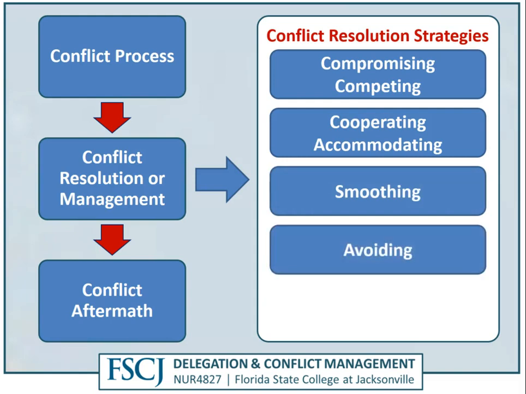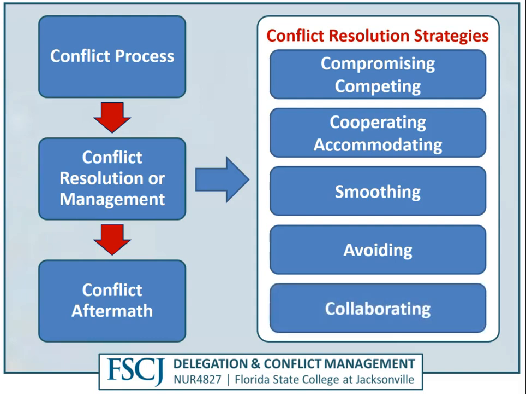Avoiding is when both parties avoid dealing with the conflict because of esteem issues, or they believe that the cost of dealing with the issue exceeds the benefits of solving it. Another strategy is collaboration, when both parties set aside their original conflict and establish a new common goal. They share mutual responsibility, and this is truly a win-win situation.